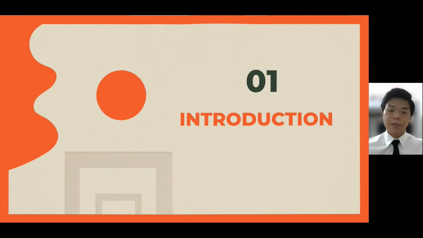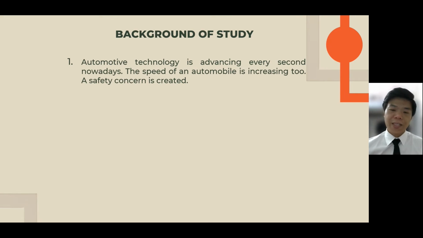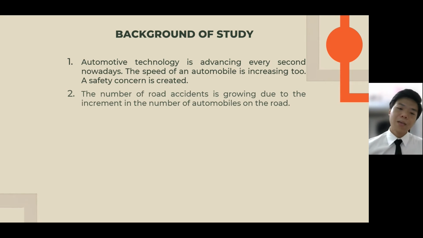So for introduction, for the background of study, in the old days, automobiles are created to enable people to relocate easily. Nowadays, automotive technology is advancing, and most of the automobile manufacturers are focusing on the performance of the automobile. So the speed of an automobile is increasing. Therefore, a safety concern is created, which is the road accident. And the number of road accidents is growing also because of the increment in the number of automobiles on the